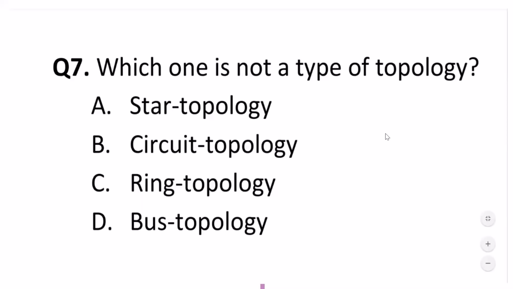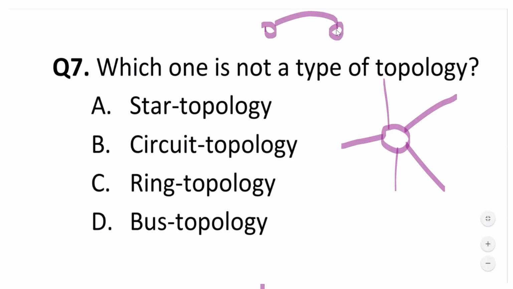So star topology is like this, also called hub topology. Like there is a center star or center hub and other nodes are connected to it. Okay, in ring topology, what happens? All are connected in a ring-like format. This is there, then one more node is there, one more node is here. Okay, in bus topology, the system is like this: one node here, one node here, another here, then another here, some here, some here. Okay, so this is bus topology.